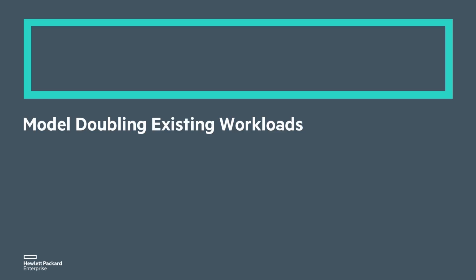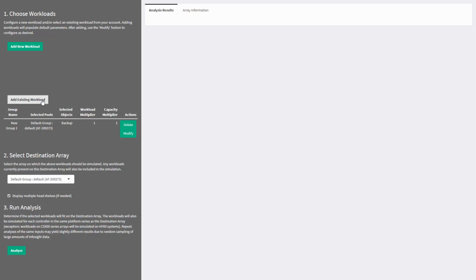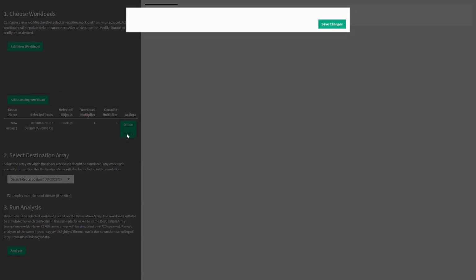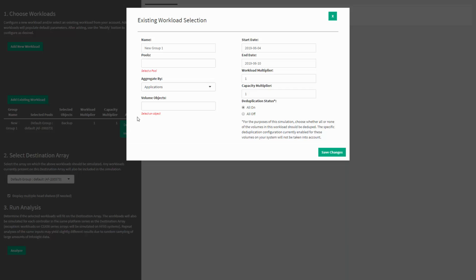With Resource Planner, you also have the option of modifying only the current running workload on any given array. In this case, I've selected Add Existing Workload from the first section, and then I'll hit Modify to make changes. I'm going to give this an appropriate name and then select the array pool I want to play with. You can select which object you want to edit, and in this case, I'm choosing to look at only file